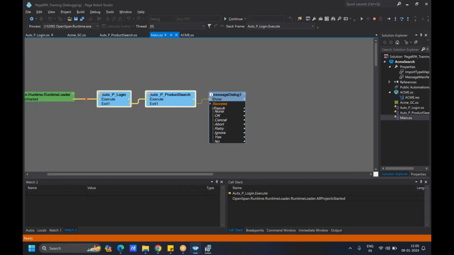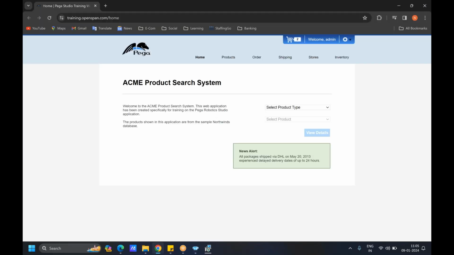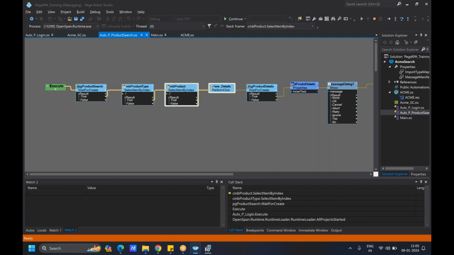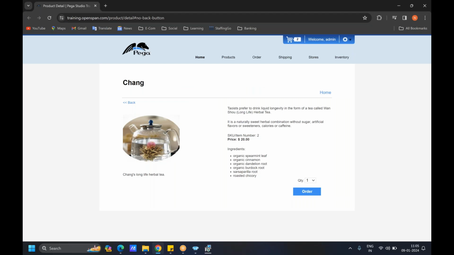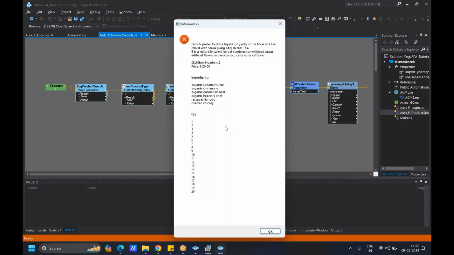Now it will go to the product search, and here it has waited for this page and moved, and now it should select the product type. The product type has been selected, and click on view details. Now you can see it has moved to this particular product page, and it will wait for this page to be created, product details. If it is already created, it will take this message, and you can see the entire message has been displayed,